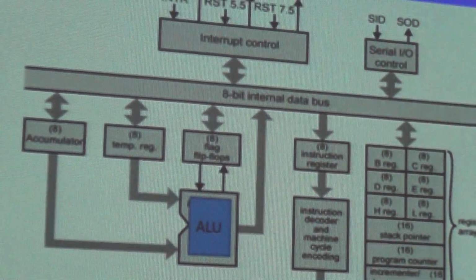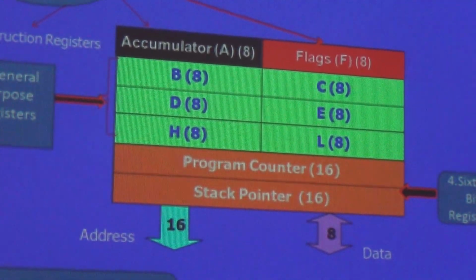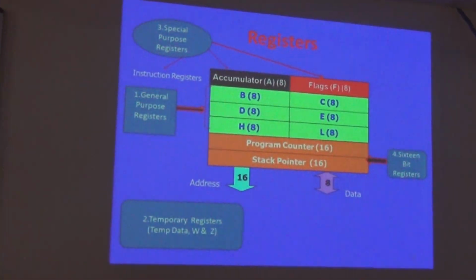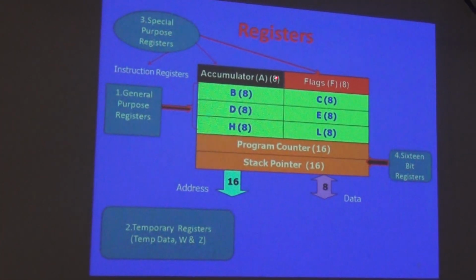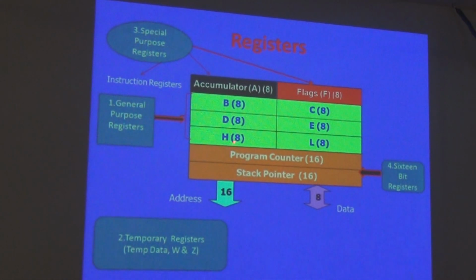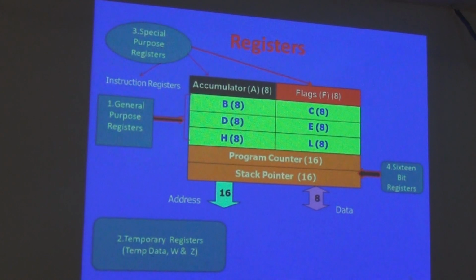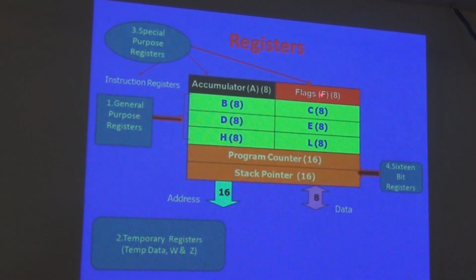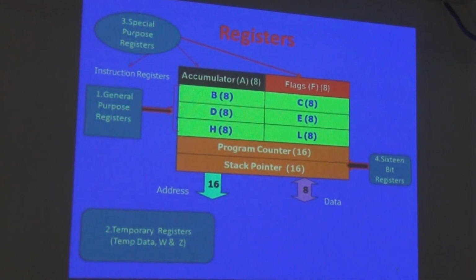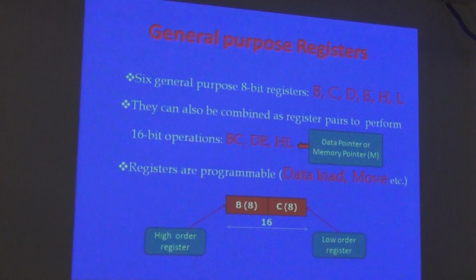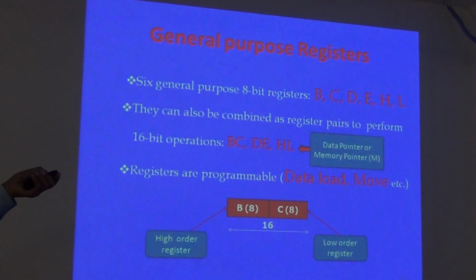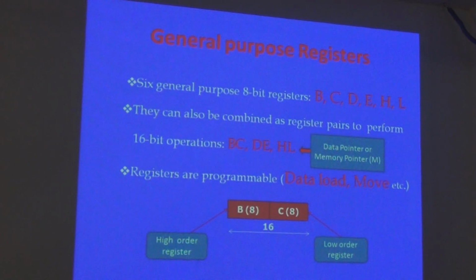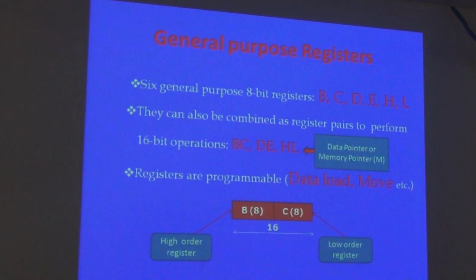So if I go further in the diagram, you will see whatever I have discussed about the registers. I have discussed the accumulator, an 8-bit register, the BC register, D register, HL register, whatever I have discussed just now, it is there in front of you. The flag register, an 8-bit register, is mentioned in this diagram. If we go further, you will see the general purpose registers BC, D, HL, everything is given. I may share my slide with you people. Everything is mentioned significantly. I have used the diagram to make you understand, and that part is written here.